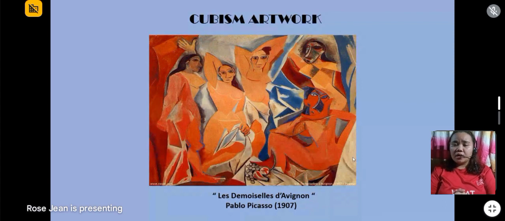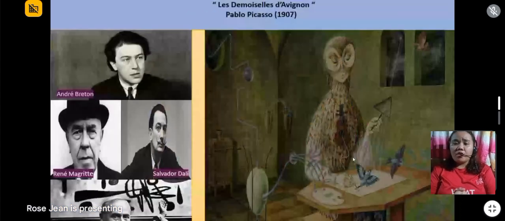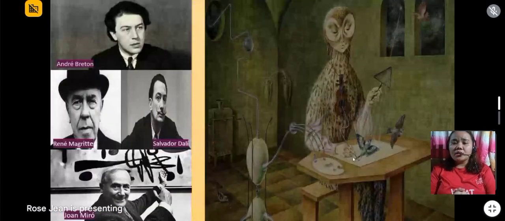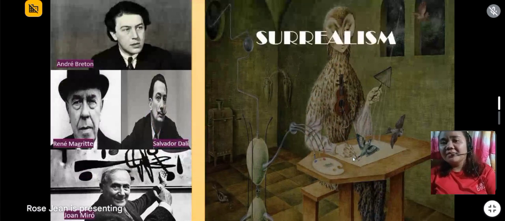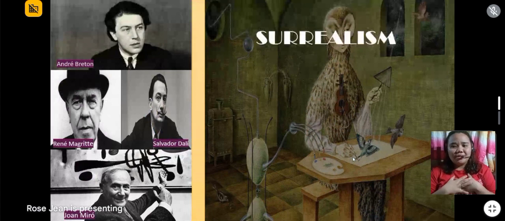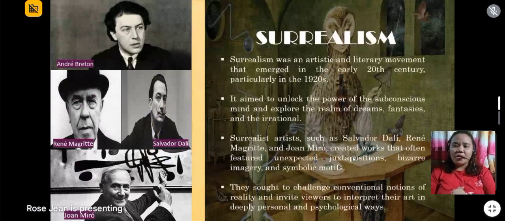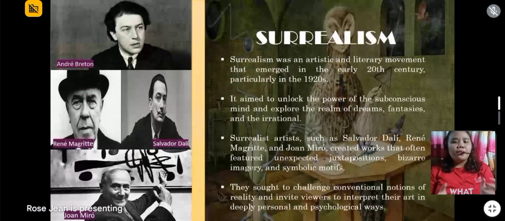So the next modern art movement is Surrealism. So what is Surrealism? Surrealism was an artistic and literary movement that emerged in the early 20th century, primarily in Europe, led by André Breton and also